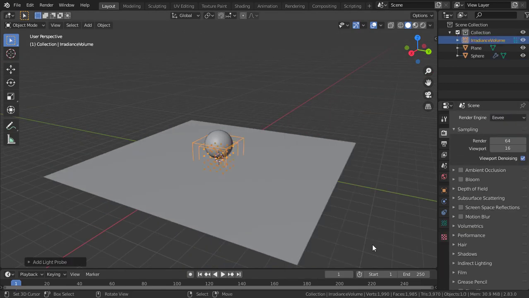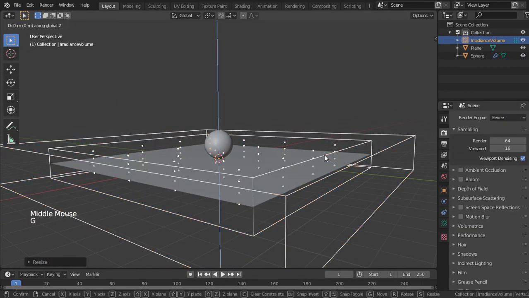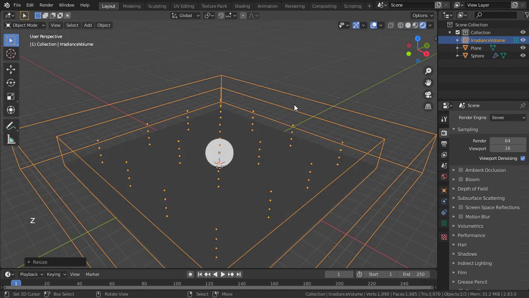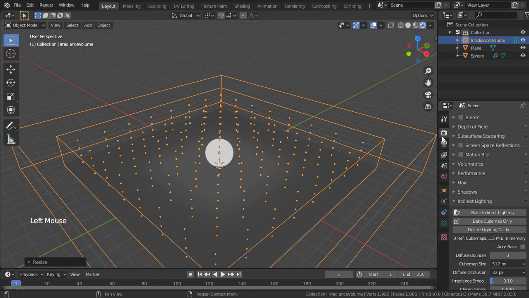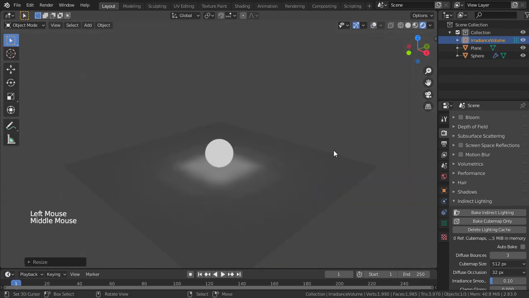You already know how to cast emission shader lighting in the EEVEE engine. We learned that under the earlier topic. We need to add a radiance light probe and bake indirect lighting for this scene. And baking a radiance volume with a small resolution will give the lighting result for this shader like this.